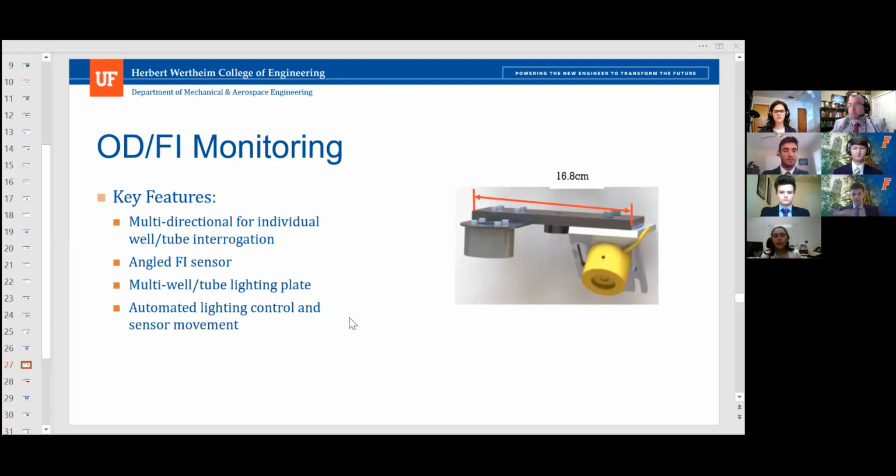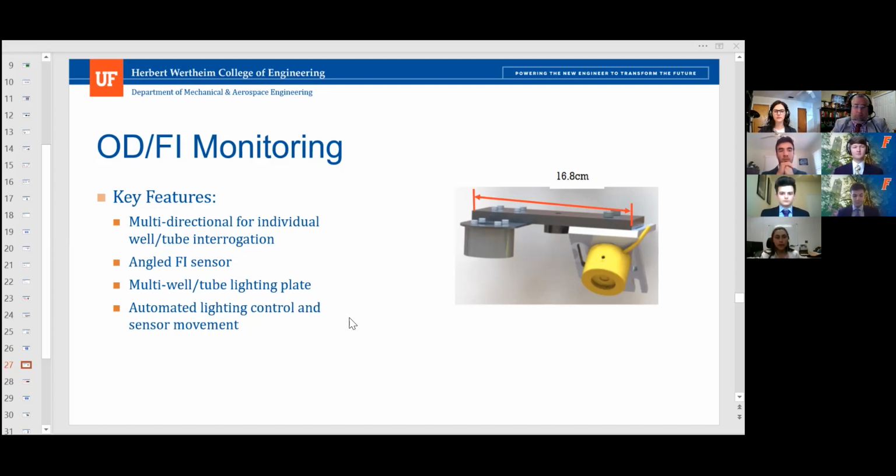So here is our ODFI monitoring system. There's 3 components in our system. We have the FI sensor, the OD sensor, the mounting brackets, and then lastly being our universal lighting plate. Here you can see that the ODFI sensors are both mounted onto the liquid handling mount seen before in Ryan's presentation. The width of it is 16.8 centimeters wide,